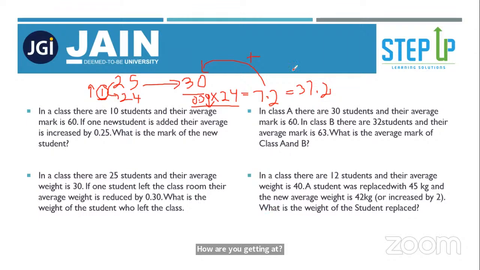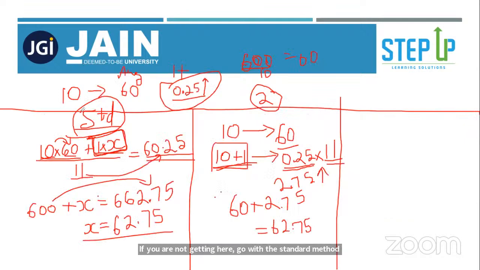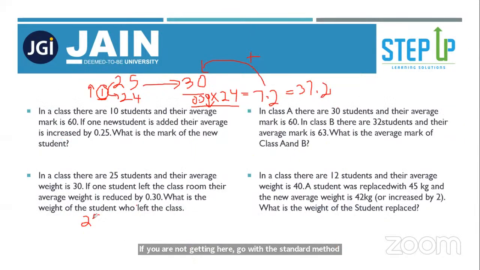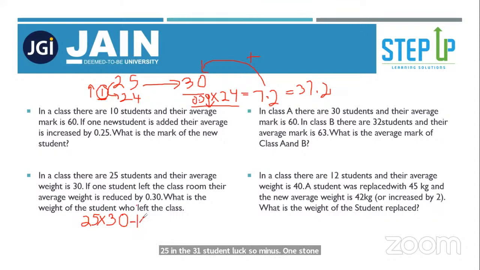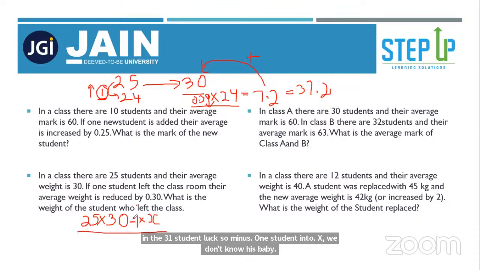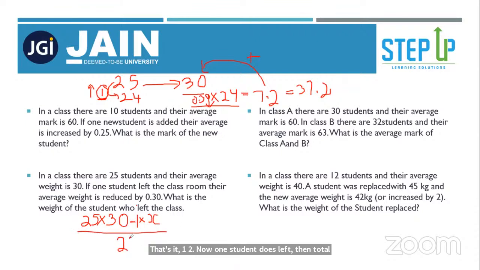If you are not getting it, go with the standard method. The first method, what we did. Do you remember? With this first method, go on. 25 into 30. If the shortcut doesn't work out, you can always go with the standard method. 25 into 30, one student left, so minus one student into X. We don't know his weight. That's equal to, now one student has left, so there are 24 students. That one student's weight we don't know. That's equal to the average reduced by 0.30. That means